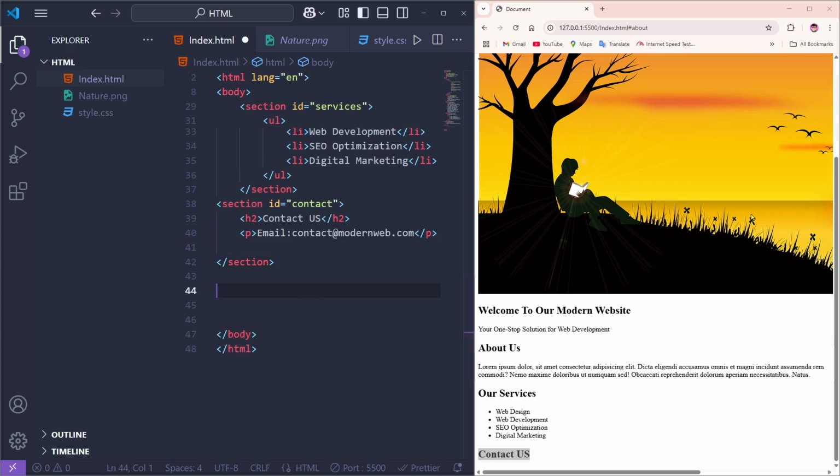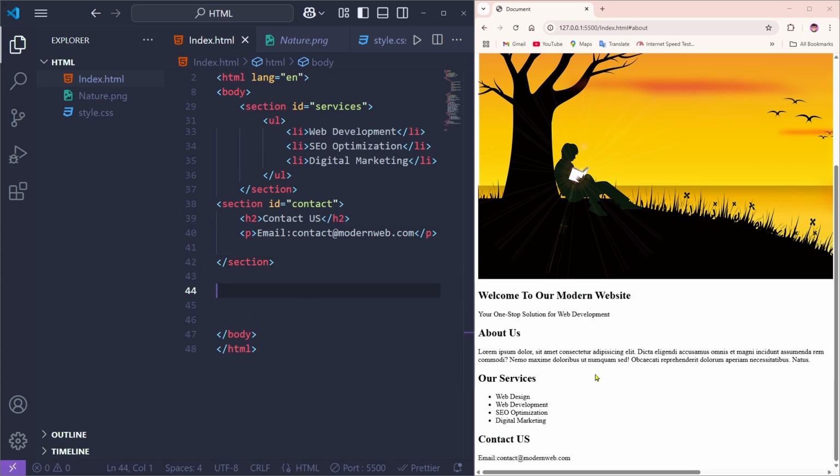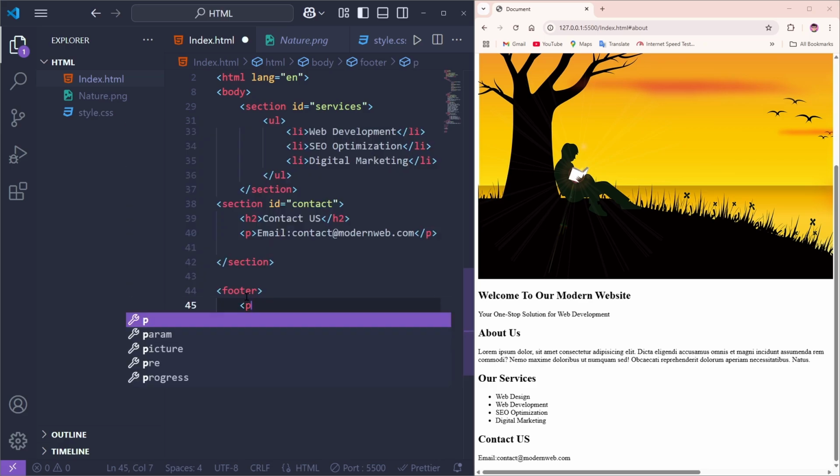So as you can see what we did, if we just save it, now as you can see we added our email and website, and then we can simply add a footer. So for that I have to use a footer. So I can simply give a footer, and into the footer I can simply add a paragraph tag, and into the paragraph tag we can simply give